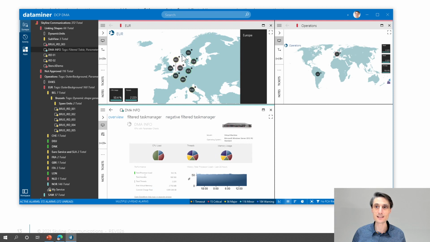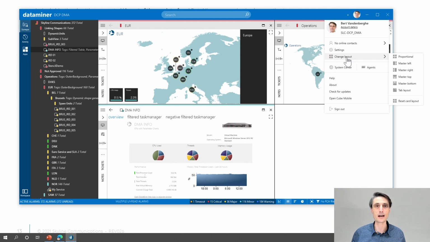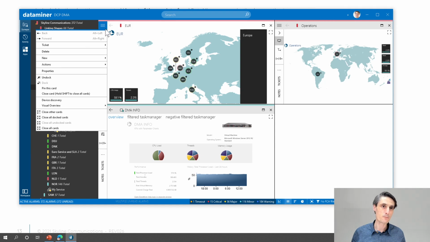So that's how you can very easily press and hold the control key to select a couple of items in your surveyor, and open up several cards together into one single view. Reorganize it whenever you're finished, and remember, you can choose the layouts here underneath your user icon. Note underneath your hamburger menu, the options menu of a card,